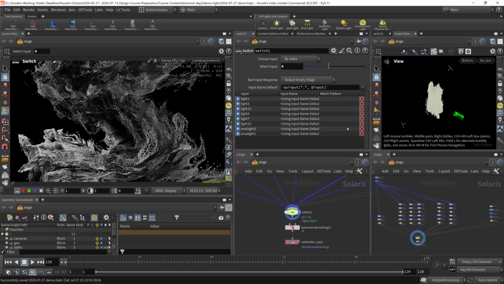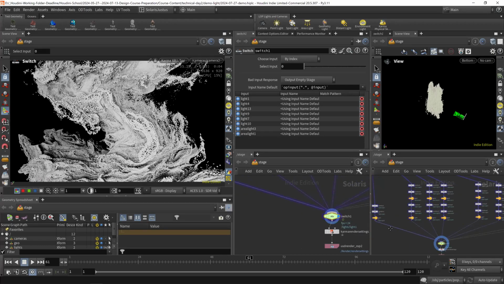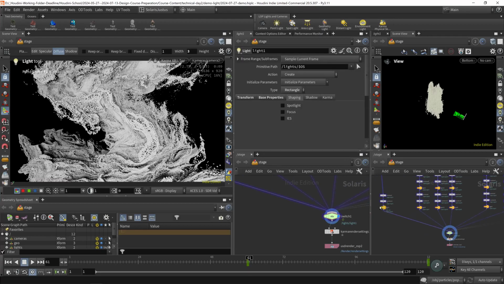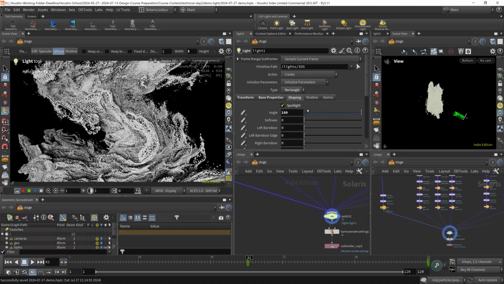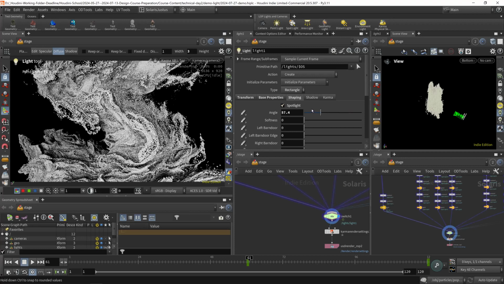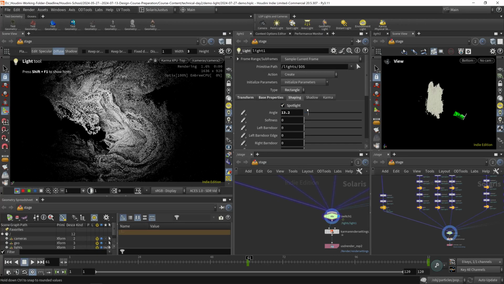So now I want to show you something else, which I really like to do in lighting. Let's go to 60 frames and switch to 0. And we have flat light again. But what I also like to do a lot is to use a spot. We can select our light and go to the shaping tab and click on the spotlight. And we have to bring down our angle. And then after some time, we see now we got a spotlight,